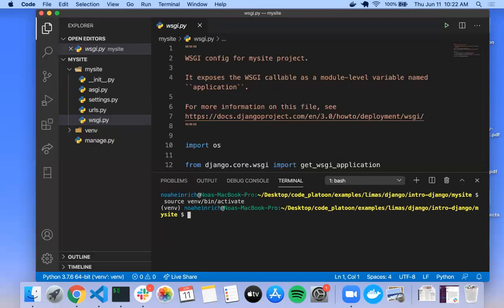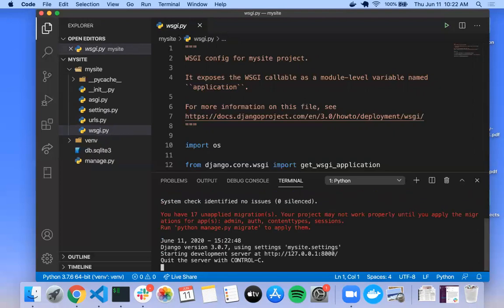So that's kind of what Django gives us when we first start it up. And this is technically all we really need to start a Django website. So we can create a server by running python manage.py runserver. And it says we have some unapplied migrations, but we don't need to worry about that because we have no real migrations to apply yet. And it says here, starting development server at http